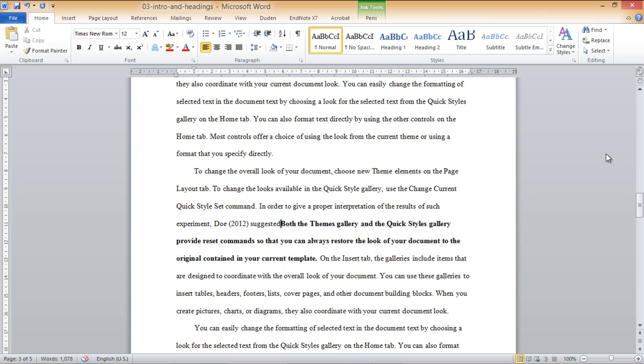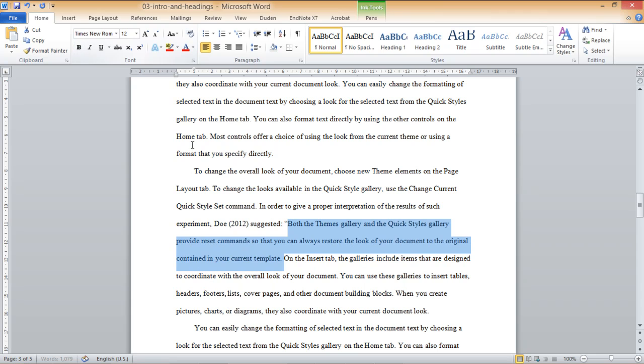And you can write, for example, suggested, colon, and here you open quotation marks, double quotation marks, and let's just return this to normal.